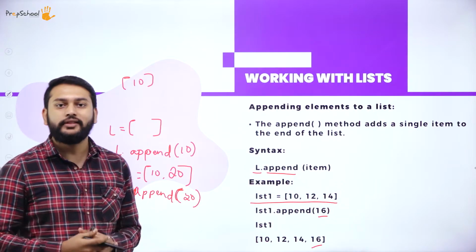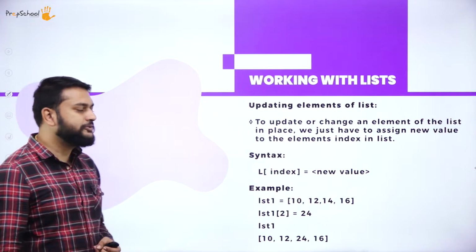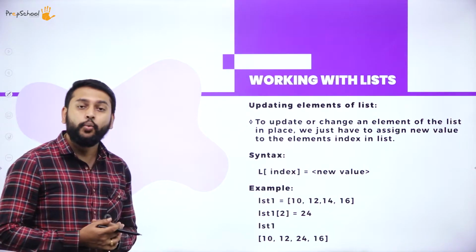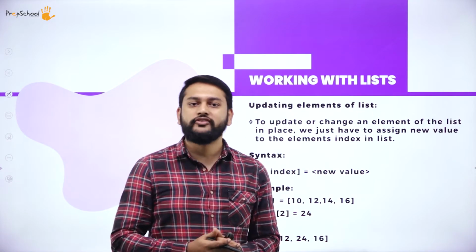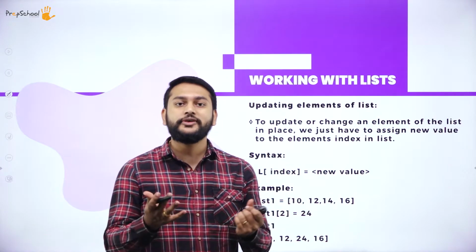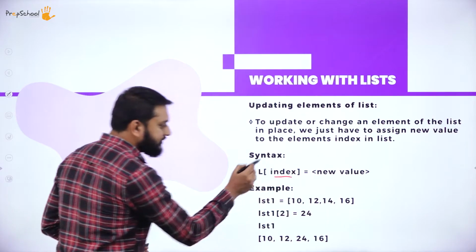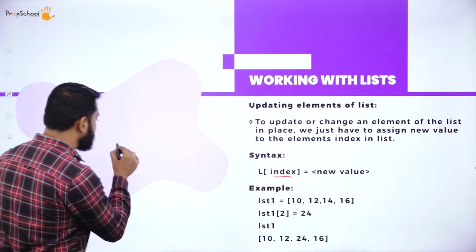So then what is the next one that I have? Let's have a check. I have updating elements of a list. How do I update? So guys, with the help of the index, I will be able to update whatever items I have in the list. So how do I do that? Obviously, all of us know, right? With the help of the index, suppose I have the list, so what is the list that I have? So this is the list.